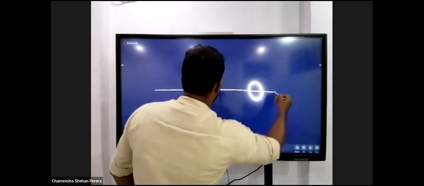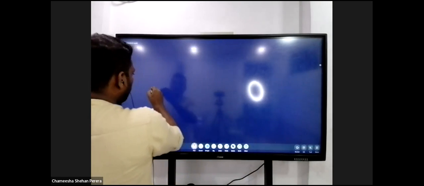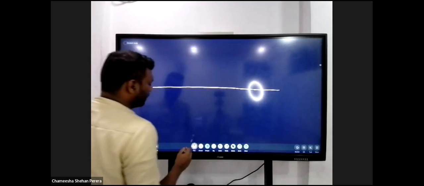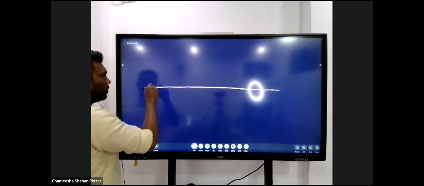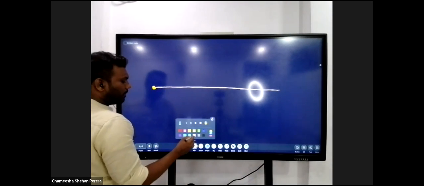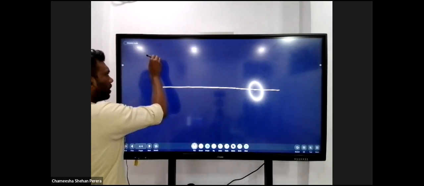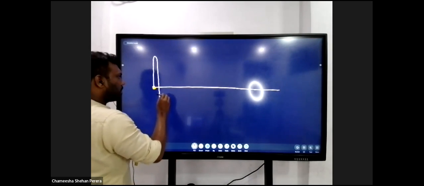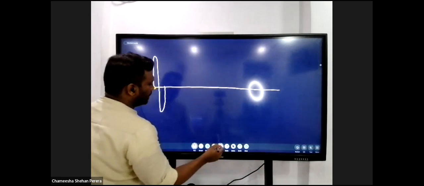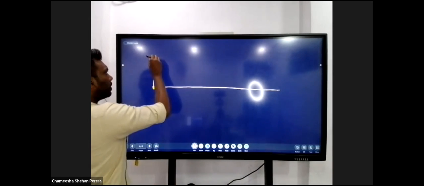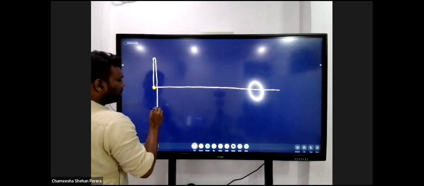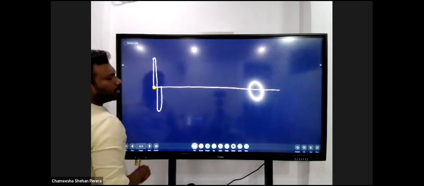So again a zero displacement position. Again a zero displacement position. So we have the first particle over here, right? First particle over here. It moves vertically upward, comes back downwards and comes back to the initial position. That's what it simply does. Goes up, comes down, and then comes to the zero displacement position.